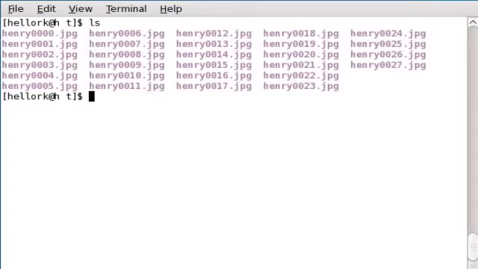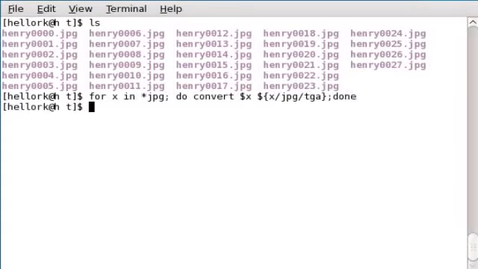So convert X into, we're going to change the JPEG images to TGA, and there we go,